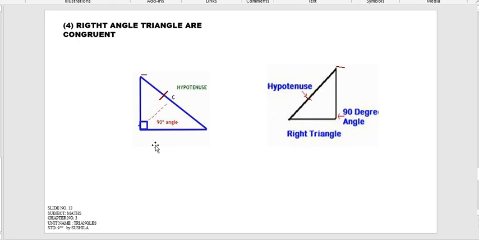Suppose on your screen you can see a right angle triangle. What they will do with this is try to find out the height of an object from the base, or from a certain height find out the position of the object present on the base. That is a scientific approach. We have to apply according to the situation. You should also know how and where to apply these theorems to prove that two triangles are congruent.